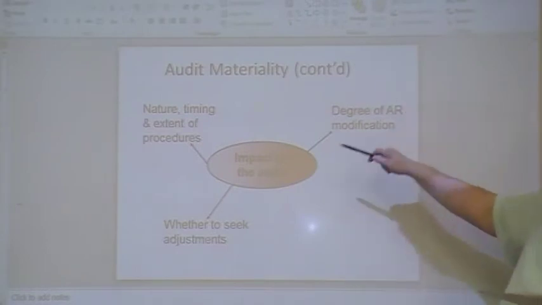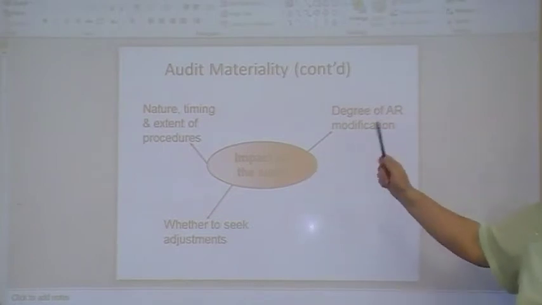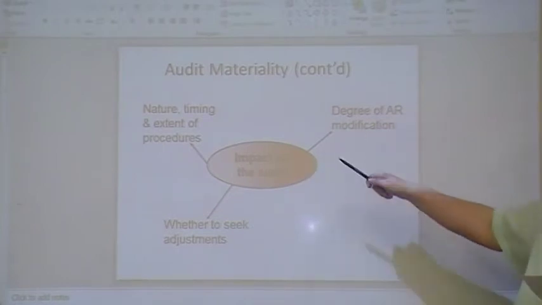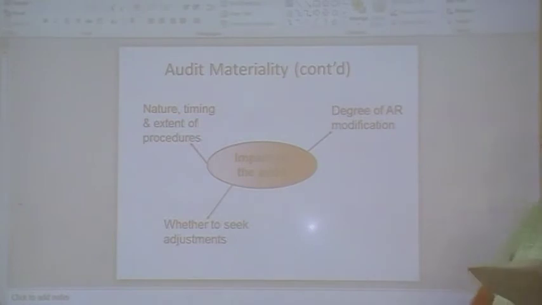Okay, so you're looking at the impact on your audit. We're thinking about our audit here all the time: what impact materiality is going to have on our audit. The higher the materiality percentage we set, the more work the auditor is going to have to do. It's more things they're going to have to look for inside the audit.